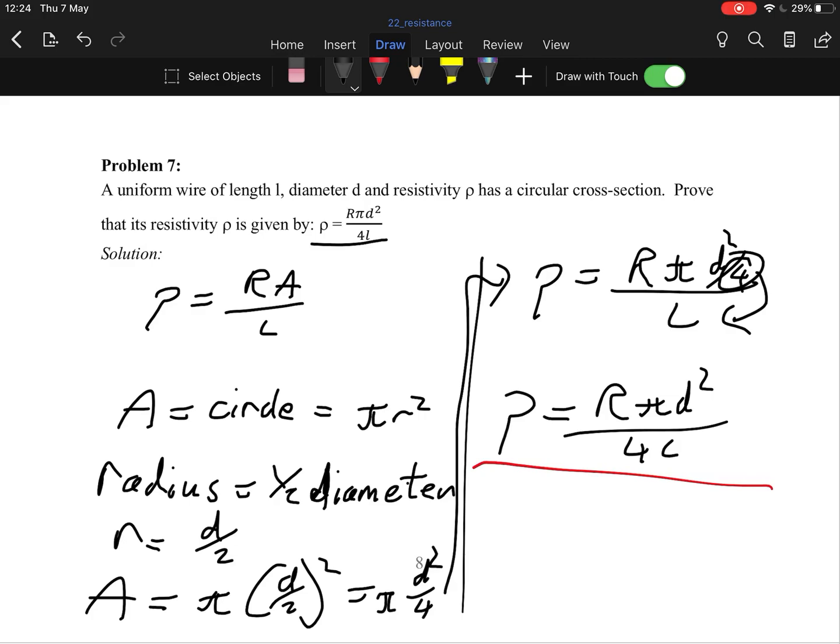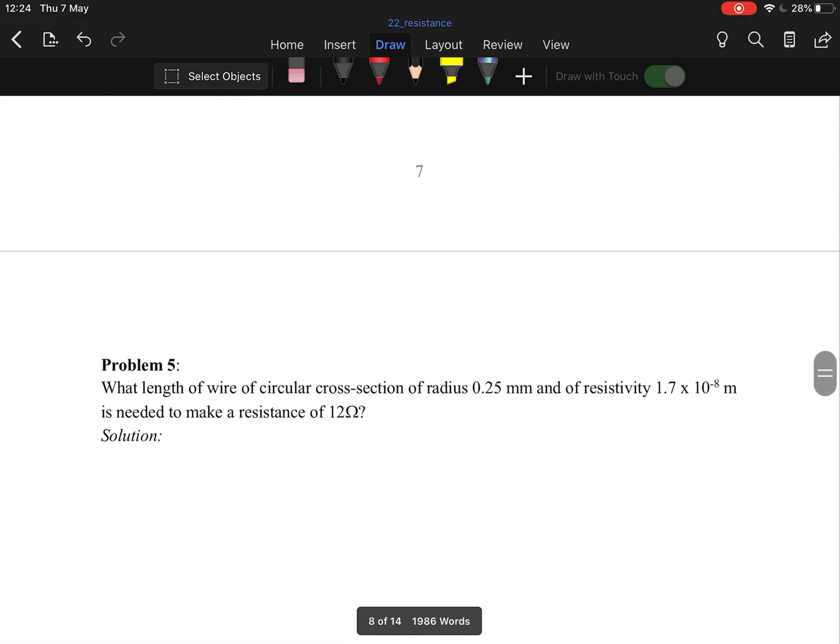You can use that in the exams to answer the questions and jump straight forward. So if they give you the radius, instead of trying to find the area and then slot it back in, you can literally jump to this equation. Sub in all your values. It is allowed. Now,